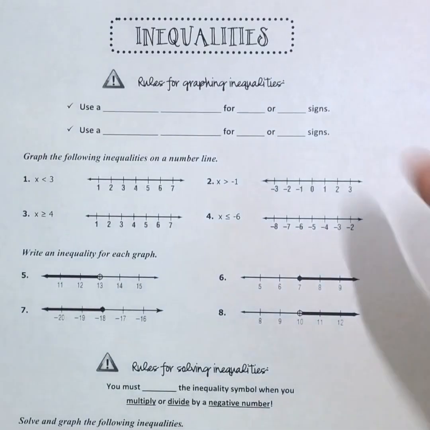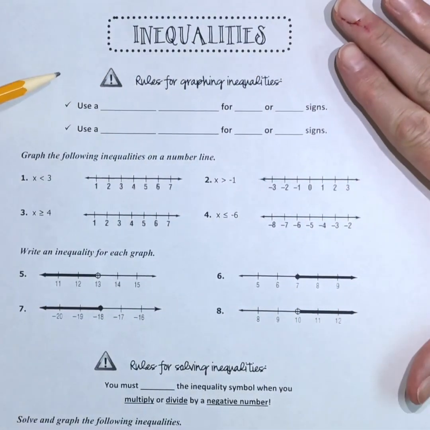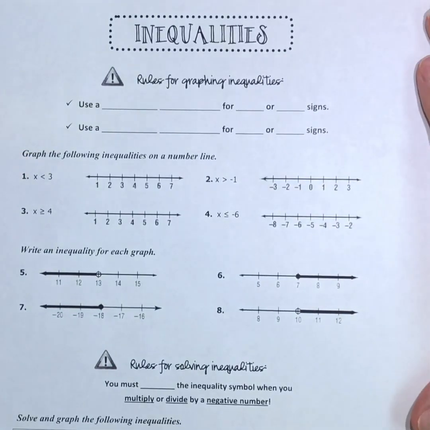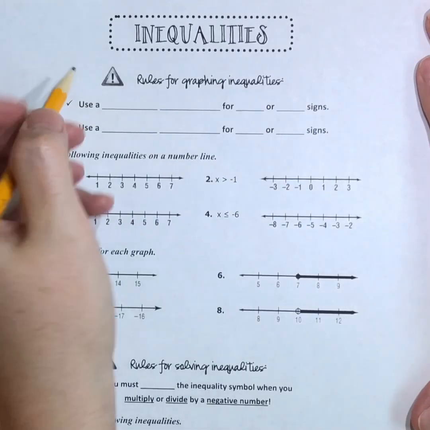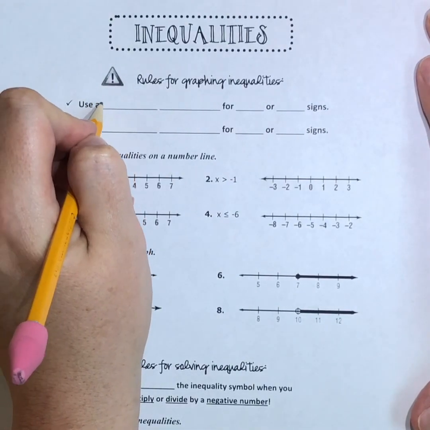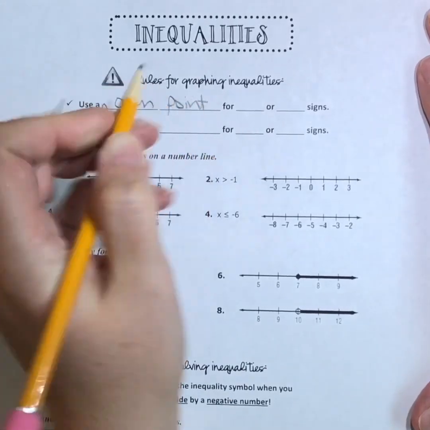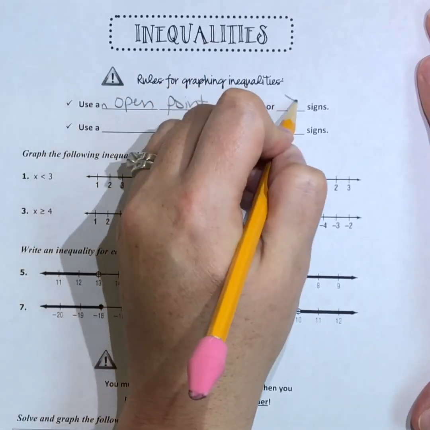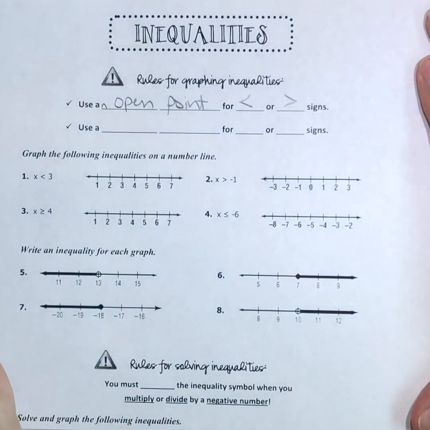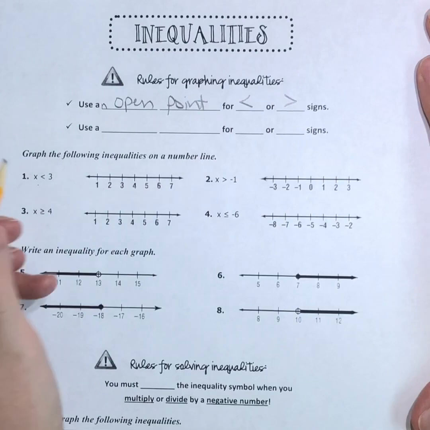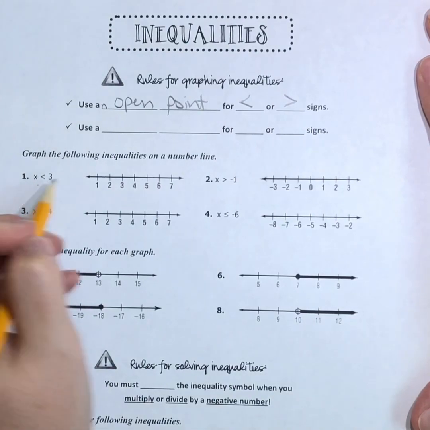This lesson is on inequalities, and we're going to talk about how to graph them and what symbols go with which inequalities. So first of all, we use an open point for strictly less than or greater than signs. So for example, number 1 and number 2, you would have open points on the boundary, which is 3 on